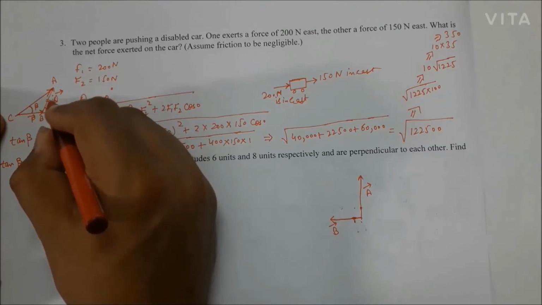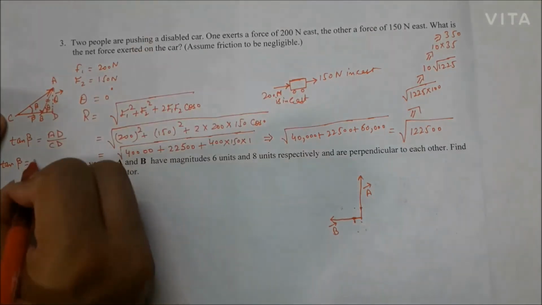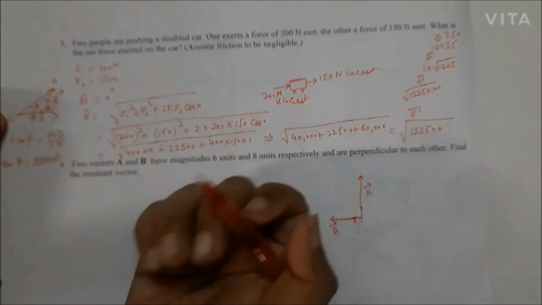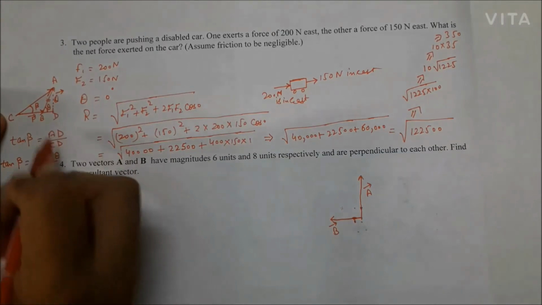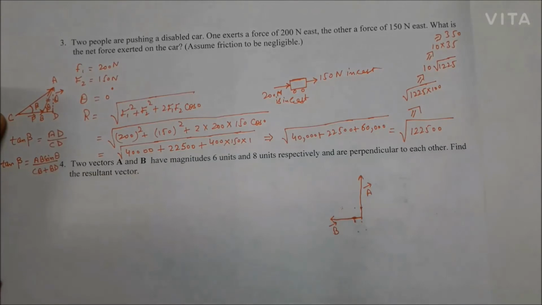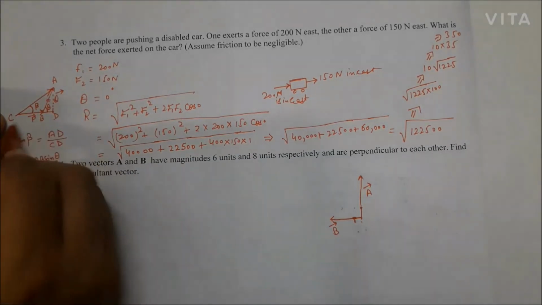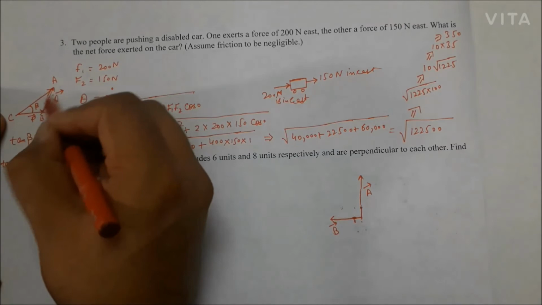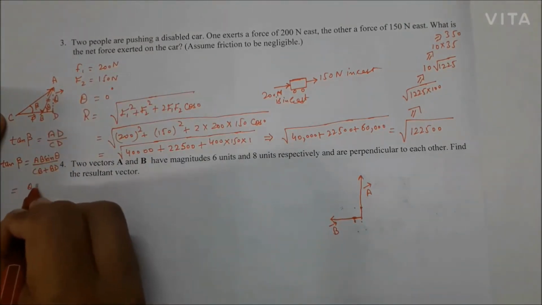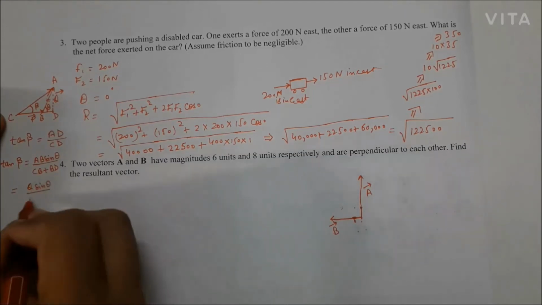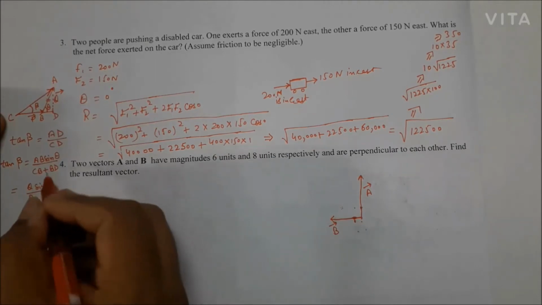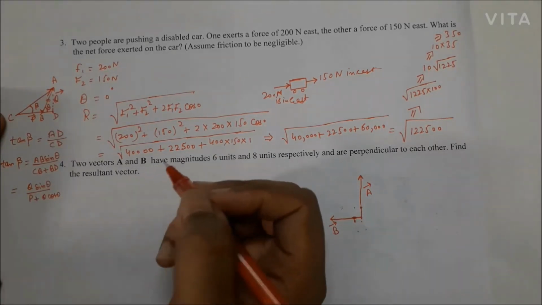It will be AB sine theta. Now how can you write CD? CD you can write CB plus BD. Now what is the value of CB? CB is P vector and AB is Q vector. Now AB is Q, so Q sin theta upon CB is P plus Q cos theta. BD is again Q cos theta using simple trigonometry.